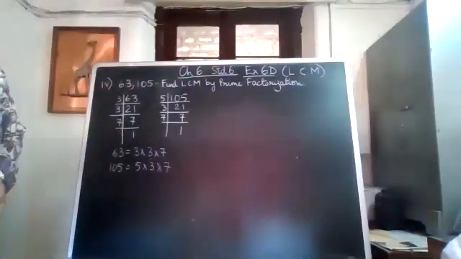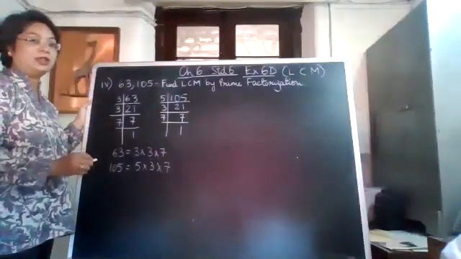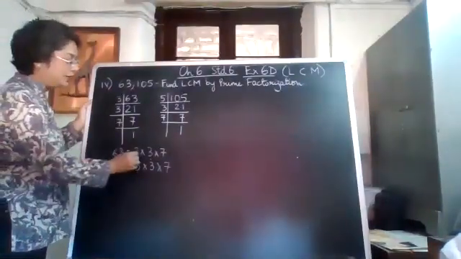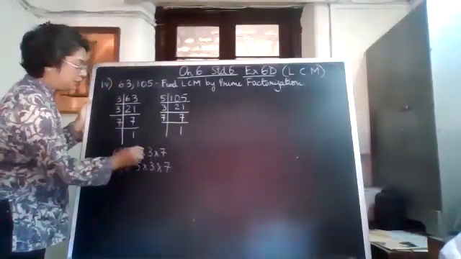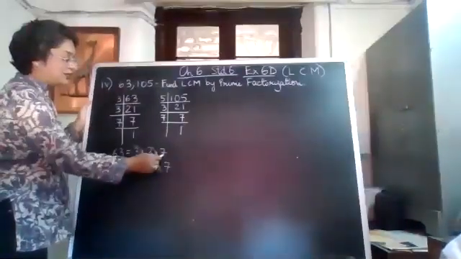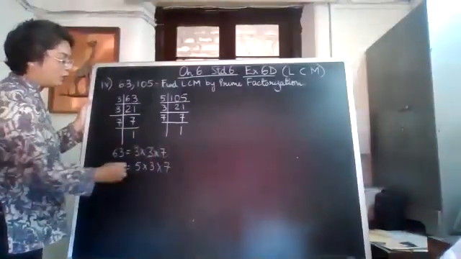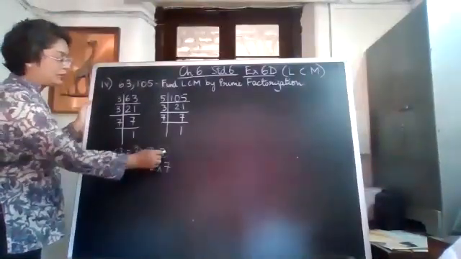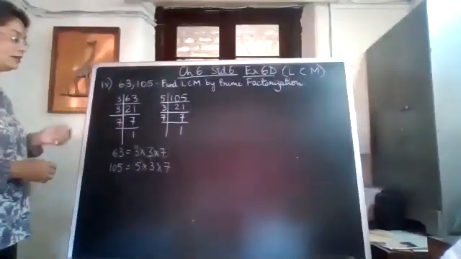Now the difference over here in finding HCF and LCM is we have to see each factor, the maximum number of times it appears, it has to be taken. 3 maximum number of times is appearing twice here, here it is 1. So we take 3 which is appearing twice, we circle that. Next take 7. 7 is appearing once here, it's also appearing once here. So I circle 1, 7. And what other factor is left? 5. So 5 is only appearing here, it's not appearing here. Circle 5.